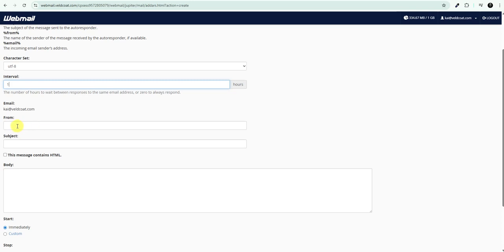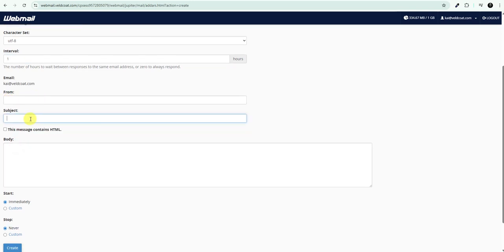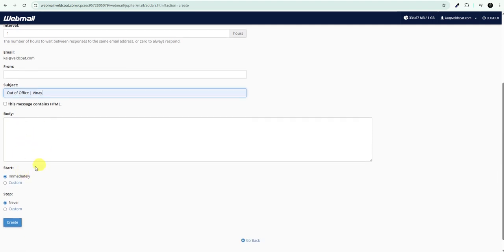Then you will say from, so you're just going to type in your name, from who it is. You will type in your subject, and that will be maybe out of office or whatever you want to put as your subject, and you type here your body, your message of your out of office or your autoresponder, and